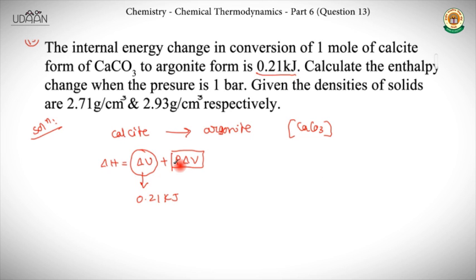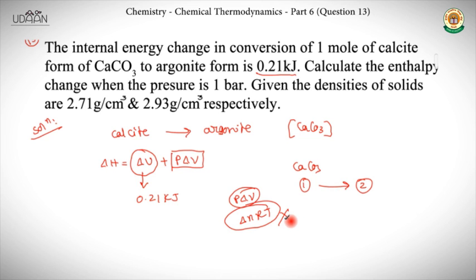And here there is a phase change, right? CaCO3 is converting from one form to another form. How can we calculate work done? Till now we calculated work done in two ways: either we used P delta V or we calculated delta n RT. Delta n RT we usually used when there is involvement of gases. But this is totally solid form, so we can't use delta n RT. But we can still calculate the change in volume, since we know density.